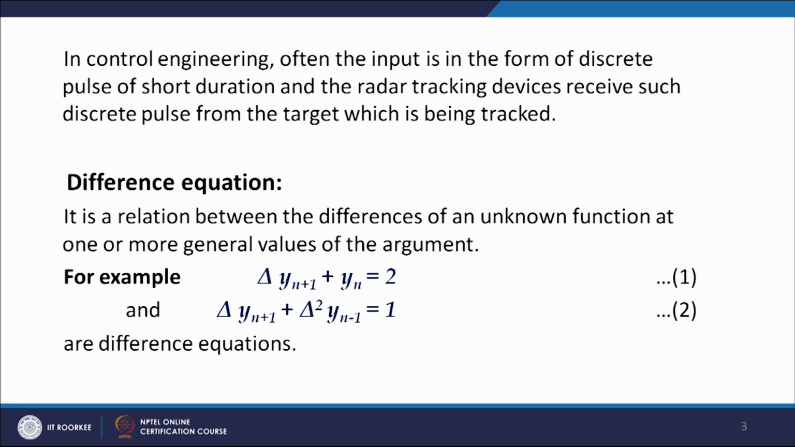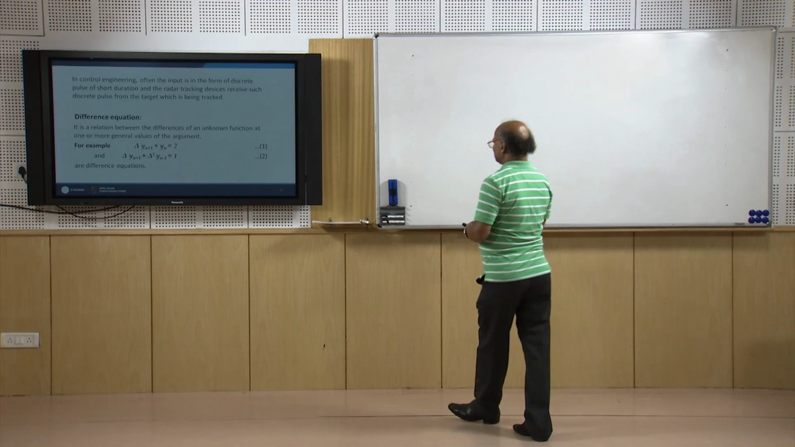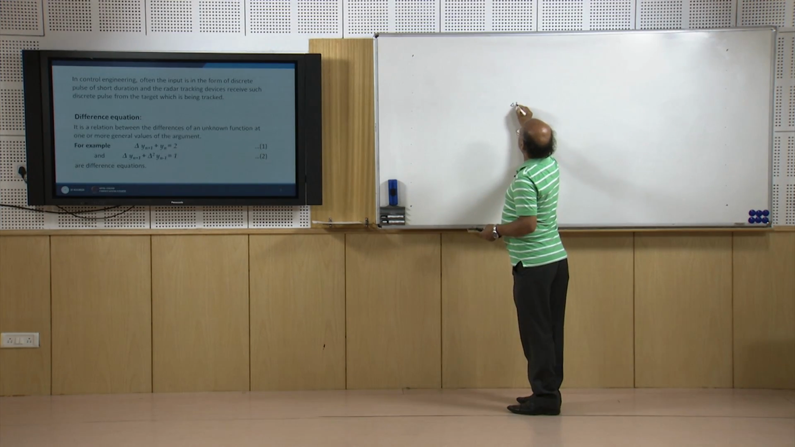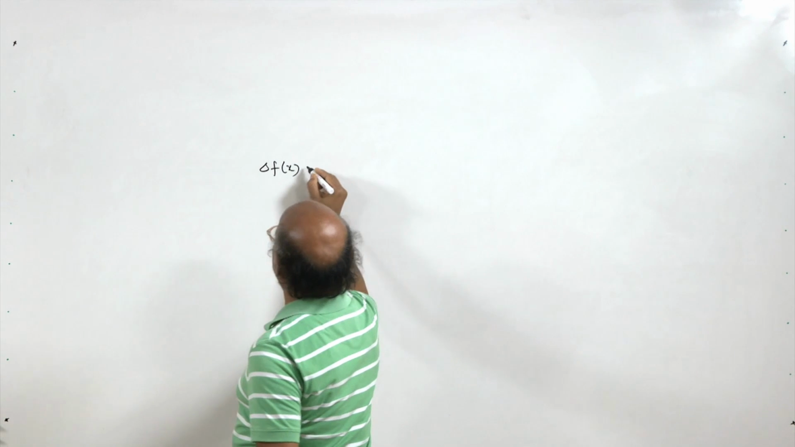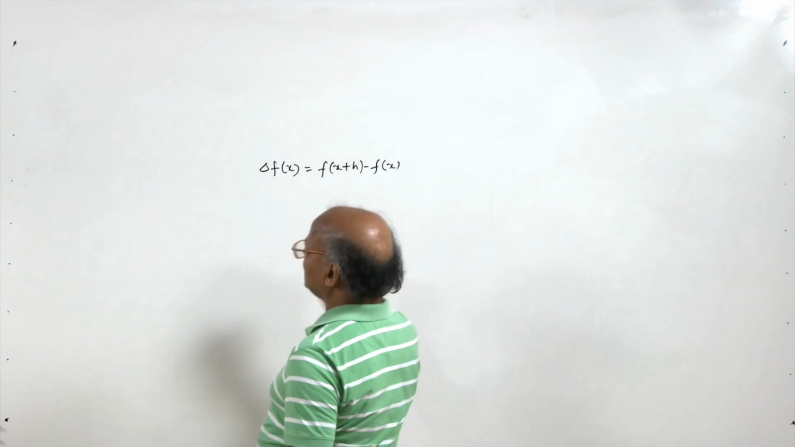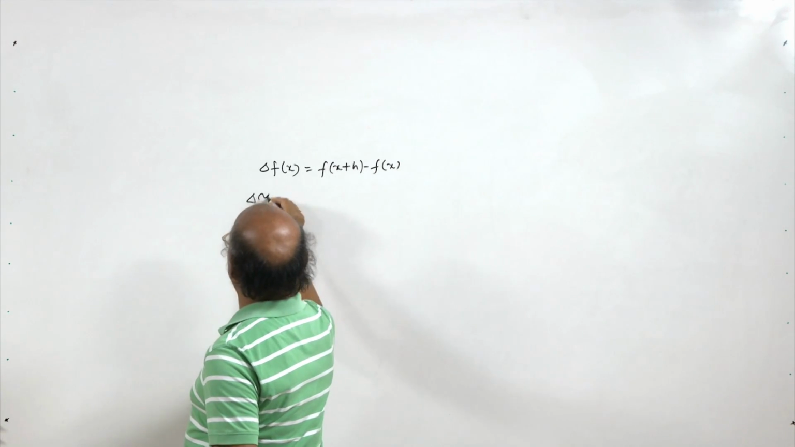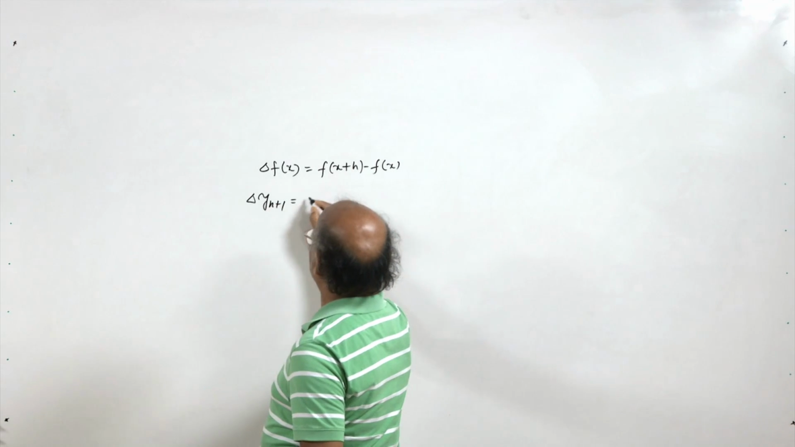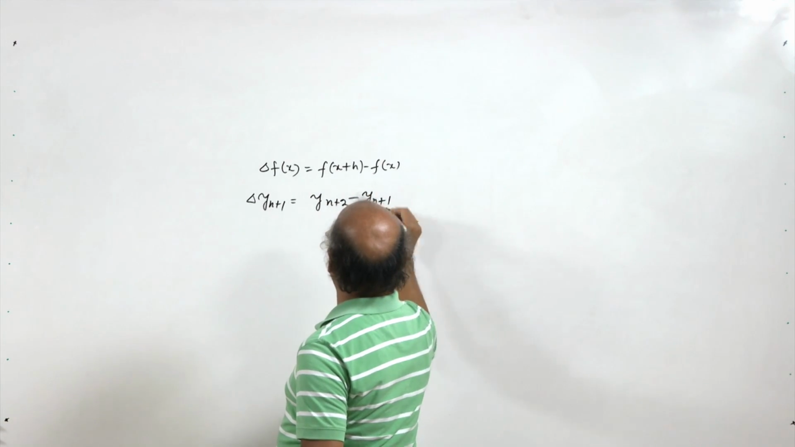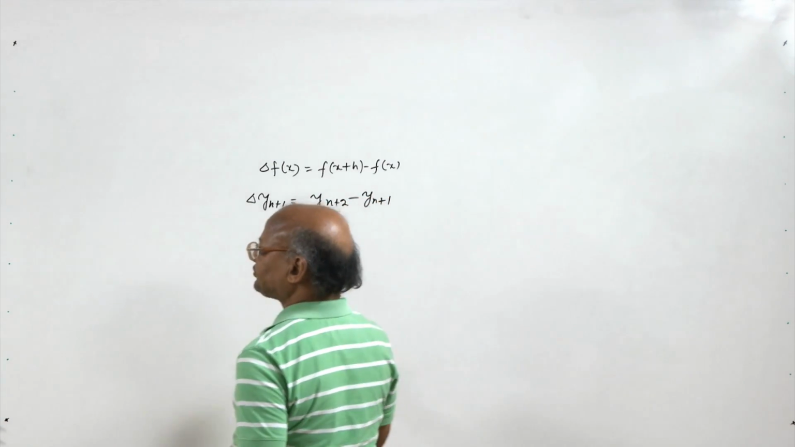Here Δ is the forward difference, and then you can also consider Δy(n+1) + Δ²y(n-1) = 1. Both of these equations are difference equations. These two equations can be put in the following form. We know that the forward difference of f(x) is Δf(x) = f(x+h) - f(x). So, using this definition, Δy(n+1) will be equal to y(n+2) - y(n+1), and hence